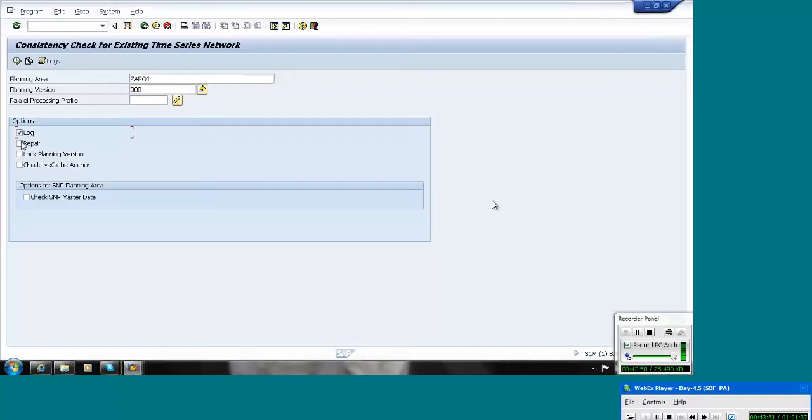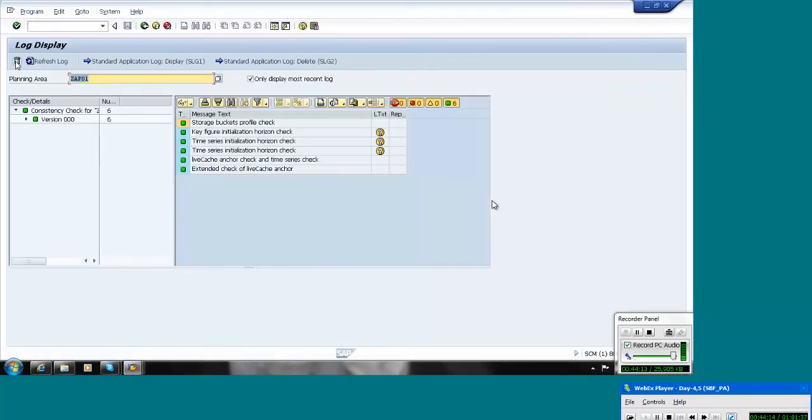And repair, if any inconsistency in the system, it will repair it. And lock entries. If anybody locked our planning area, it will show who locked the planning area. And it will check the live cache anchor. It will check the connection between the database and the live cache. So by doing this one, if any inconsistency is there, the system automatically will correct it.